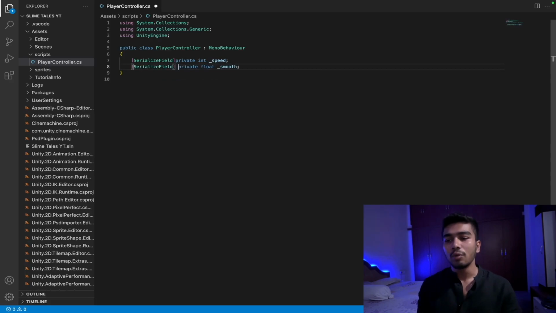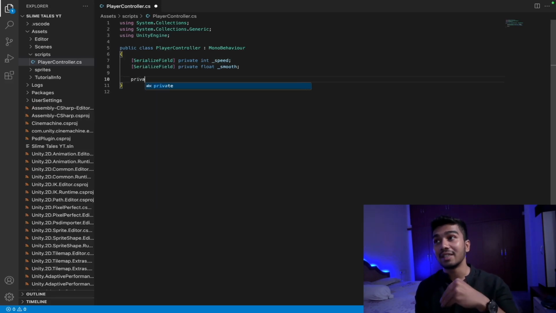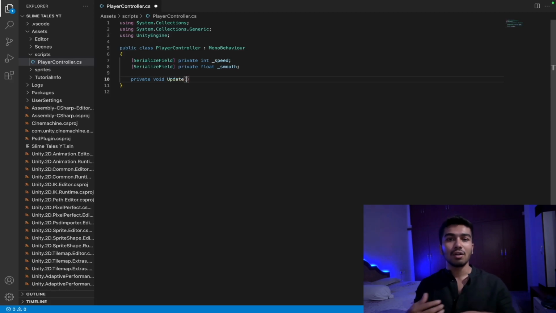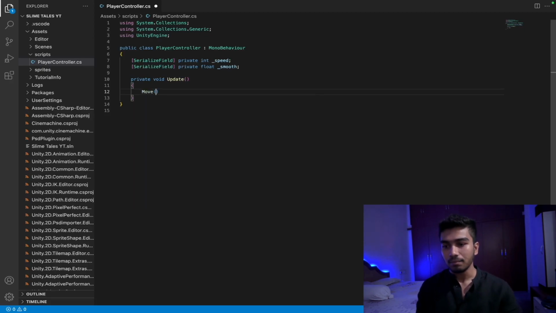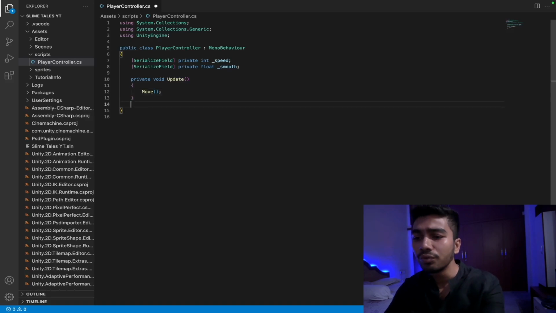Okay, the next thing we want to do is actually call the Update function, which in itself is going to call the Move function, which will handle all the logic for the player movement. Now we can go ahead and create this Move function for the player. It's going to be a private void Move,